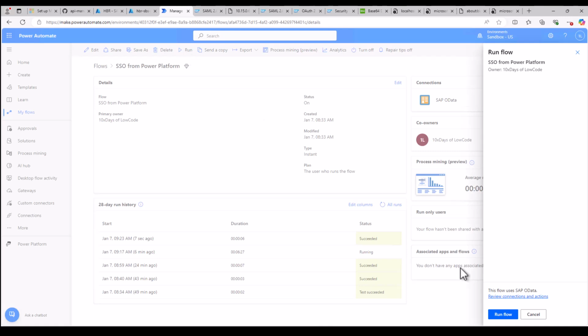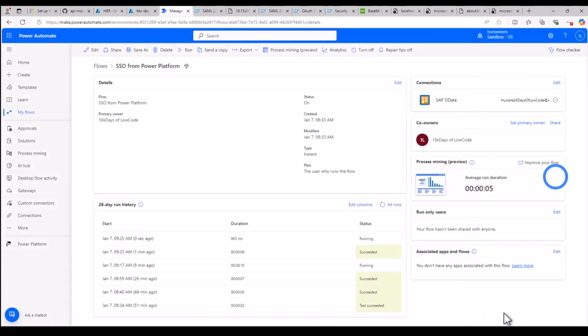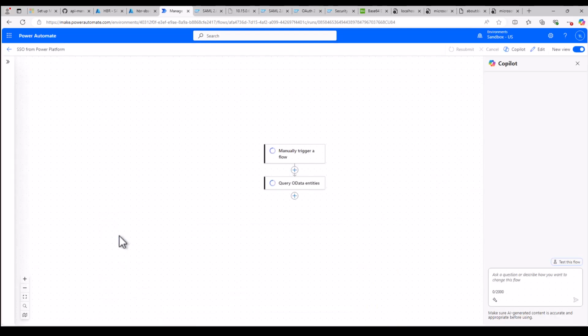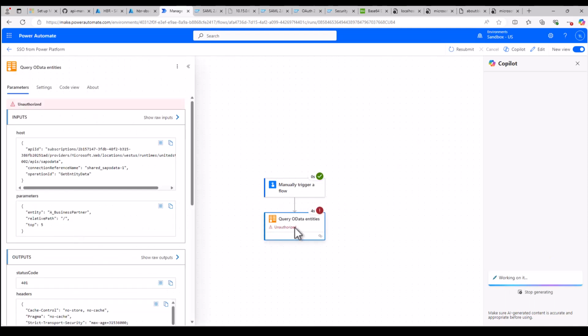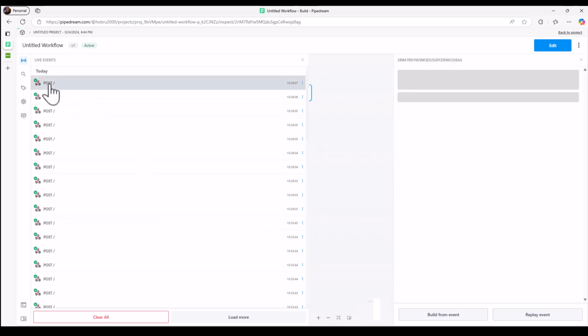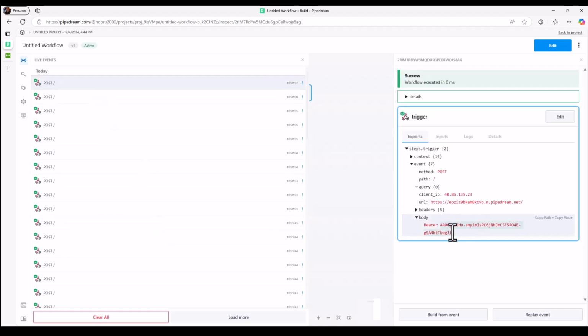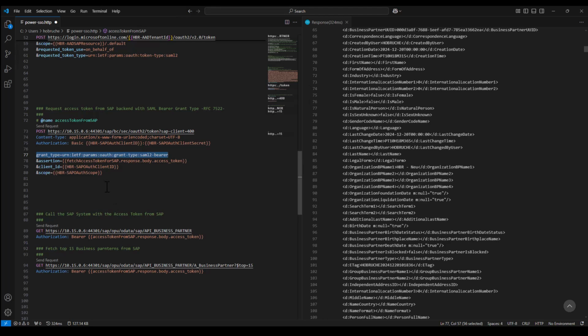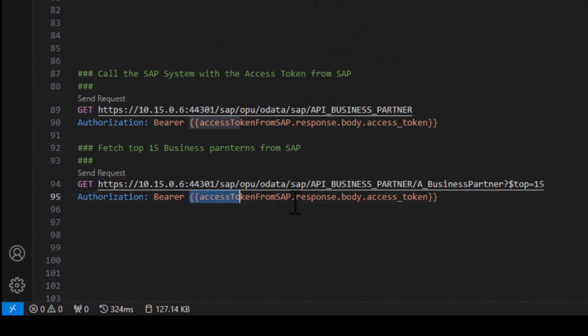Now, remember, we have removed the hard-coded username and password. And if I call this, it failed. Now, what can happen there? Yeah, we're still getting an unauthorized. Now, if we take a look actually at the trace, because this is sometimes a caching issue on the Power Platform side. If I just take this access token here, so this is what we see was created by the API management flow. If I just take this access token, and if I go here to our REST client, if I just hard code now this access token here in the specific call,